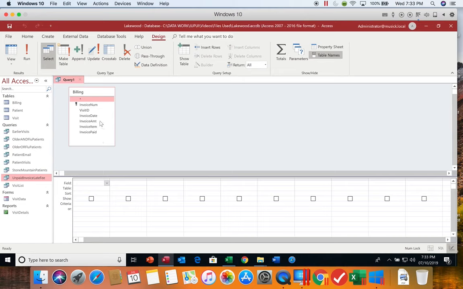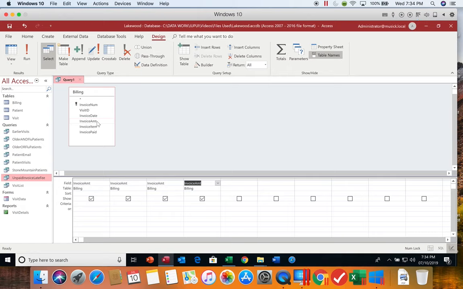So we're going to be looking at statistics about the field, the invoice amount. That is the only field you will add to this query. However, you have to add it one time for each statistic you want to calculate. So if we are going to calculate the minimum and the maximum and the average and the total, or the sum,